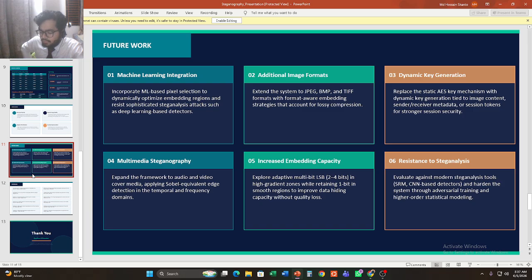At 256 bytes payload, PSNR equals 71.46 dB, MSE 0.0013. At 128 bytes, PSNR 74.67 dB, RMSE 0.0007.